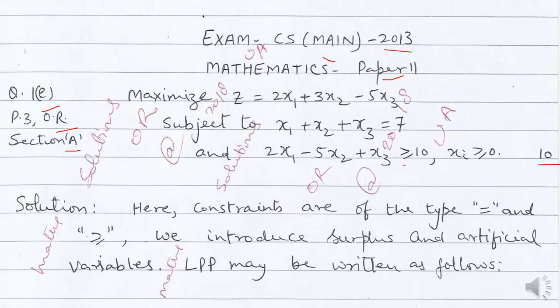Here we see that the constraints are of equal to sign and of greater than or equal to sign, so we have to add artificial variables and surplus variables, and basically we will solve this question with the help of the big M method. So here the constraints are of type equal to and greater than or equal to, so we introduce surplus. Surplus means on the left hand side of the constraint some amount is more, and artificial variables because we have the equal to sign here and the equal to sign here, and our LPP may be written as follows